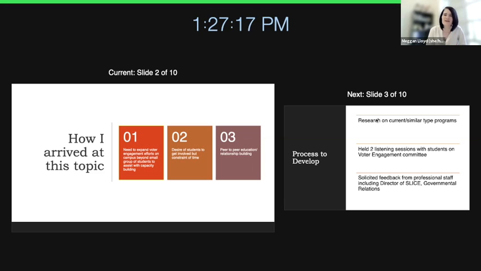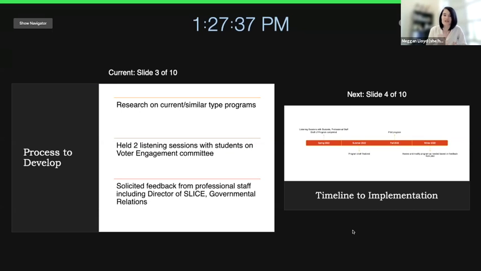And then finally, thinking a lot about peer-to-peer education, a train-the-trainer approach, which is something we're really implementing in our larger civic engagement programming at the institution, and thinking about how we can do that here as well. So I was reflecting on those pieces coming into this project. On the next slide, we'll show a little bit about the process I took to get to the draft of the project that we will talk about this afternoon.